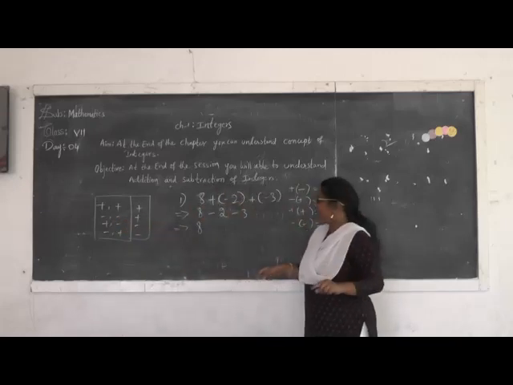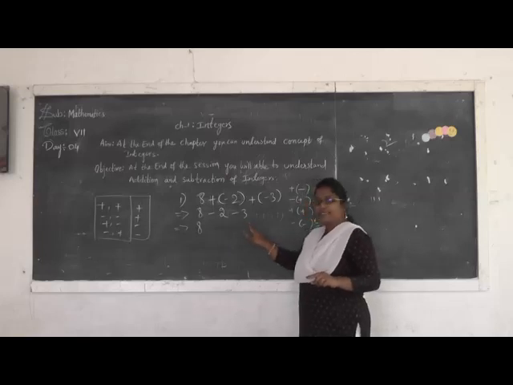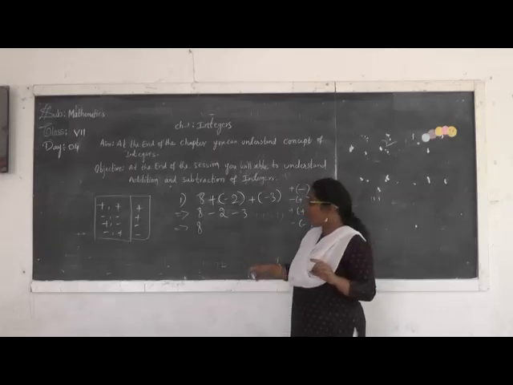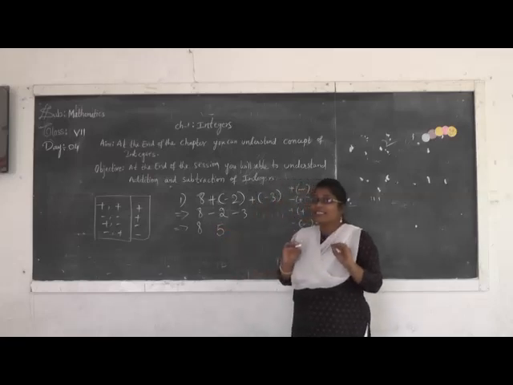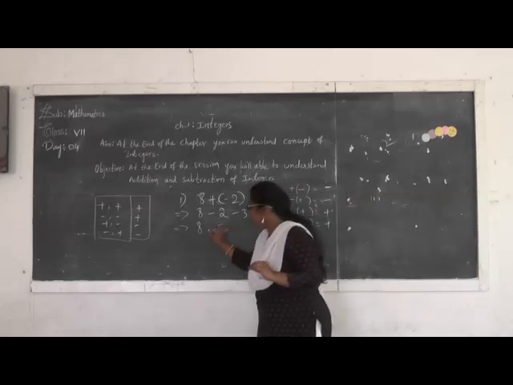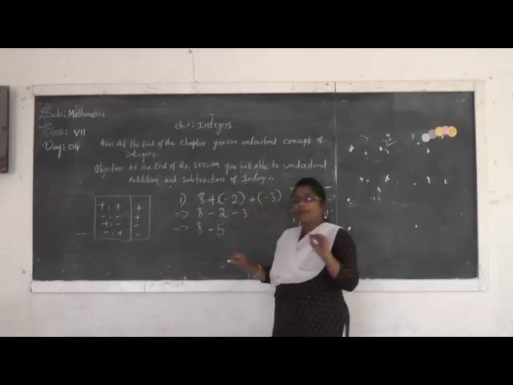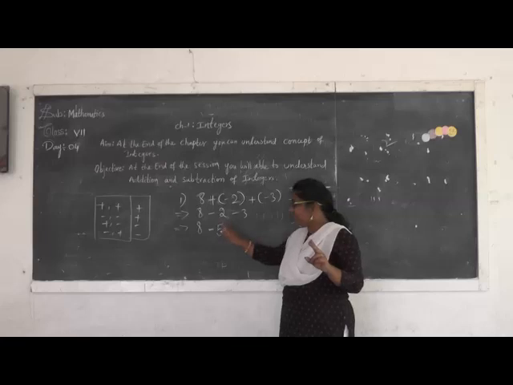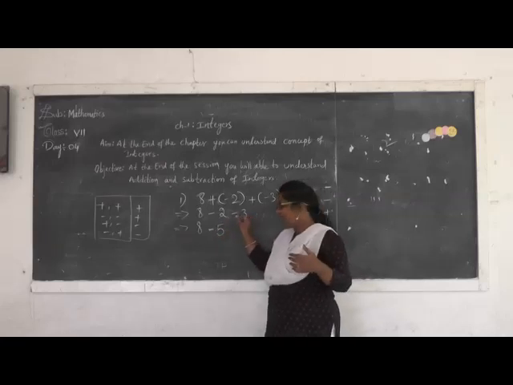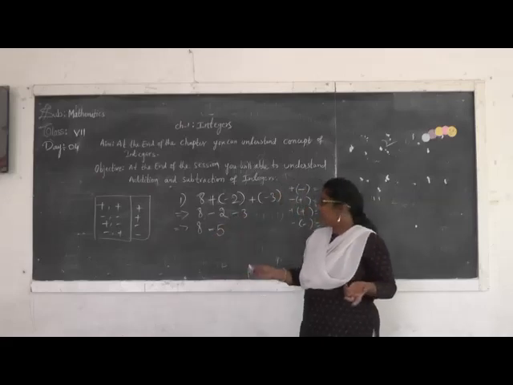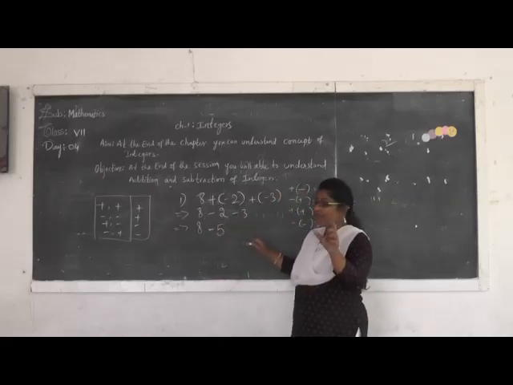So 2 plus 3, how much? 5. But now coming to the symbol, what do we have to keep? Minus 5. You can remember in both ways: whenever we are adding two negative integers, the result is negative. Or else, for the greater number, which symbol is it that we have to keep? Understand? So you are able to understand. I will explain once again up to here.